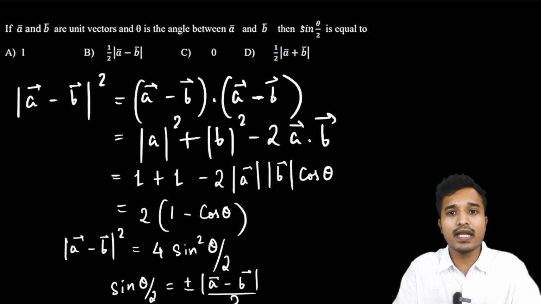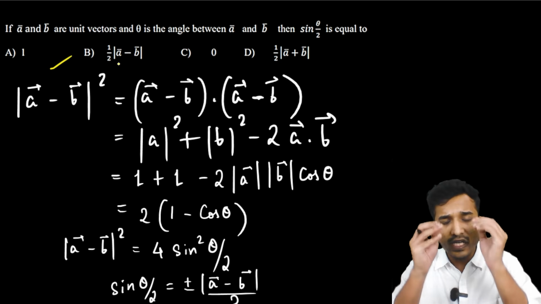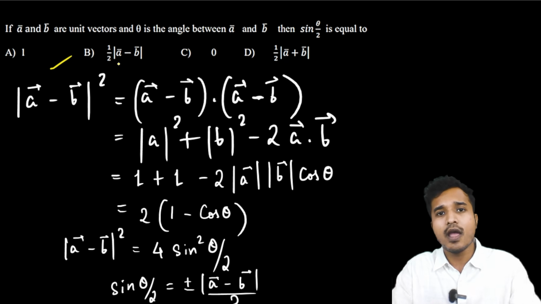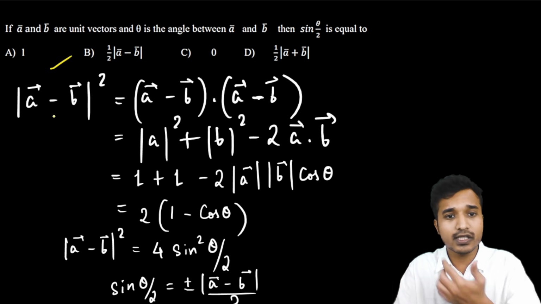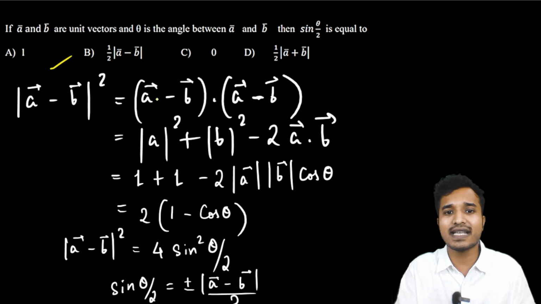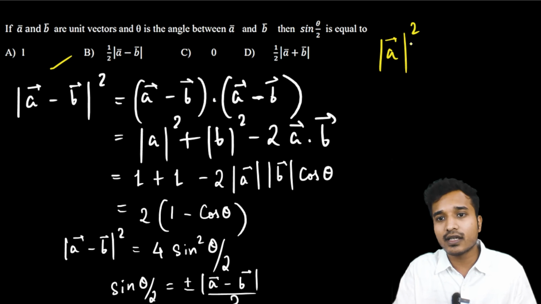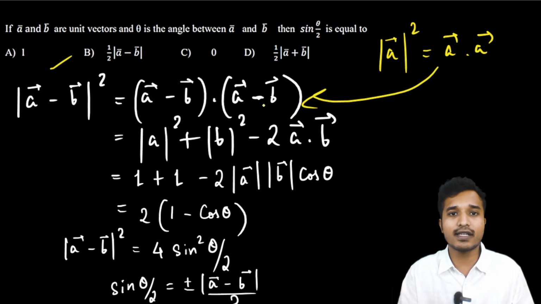They will first take the square of modulus of A vector minus B vector. Even in the books such solutions are mentioned, but if you are preparing for a competitive exam, you need to know quicker methods so that you can save your time. So in this conventional approach, first they take the square of the modulus of A vector minus B vector. This can be simply written as (A minus B) dot (A minus B), because magnitude square is simply A dot A. So we are using this property, we can write like this.